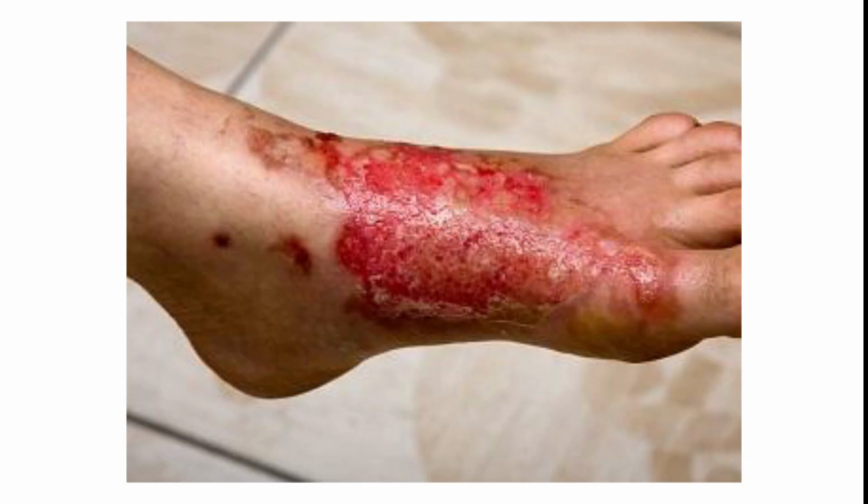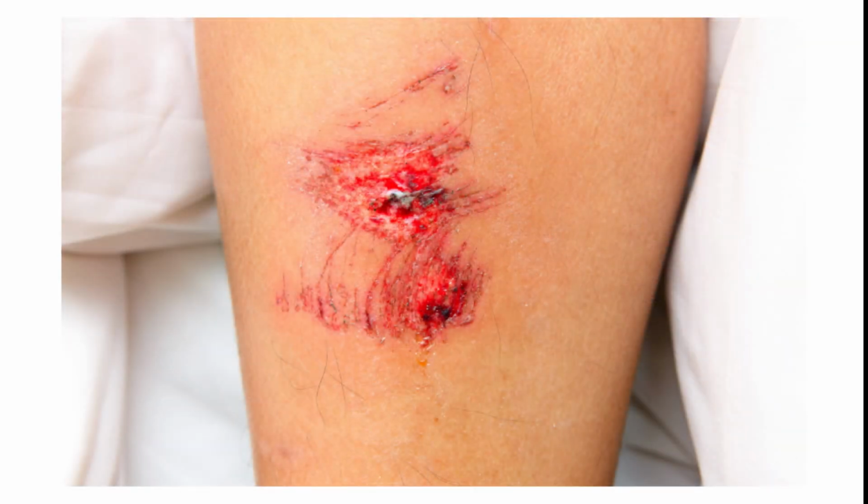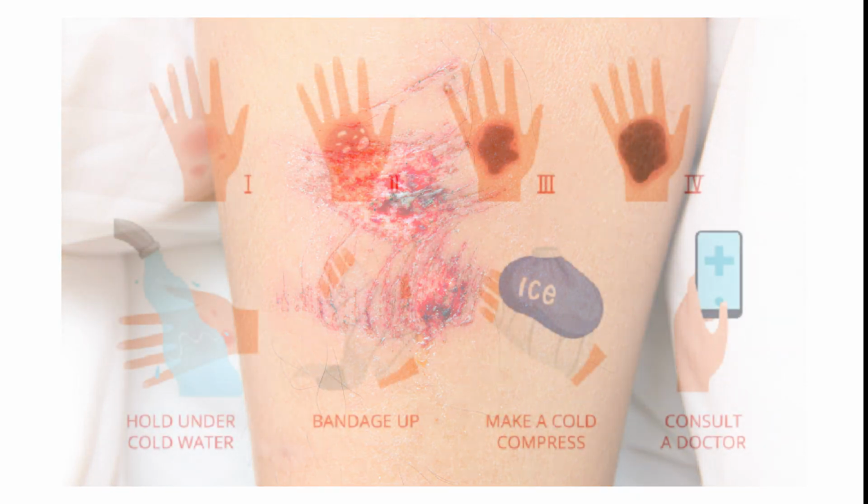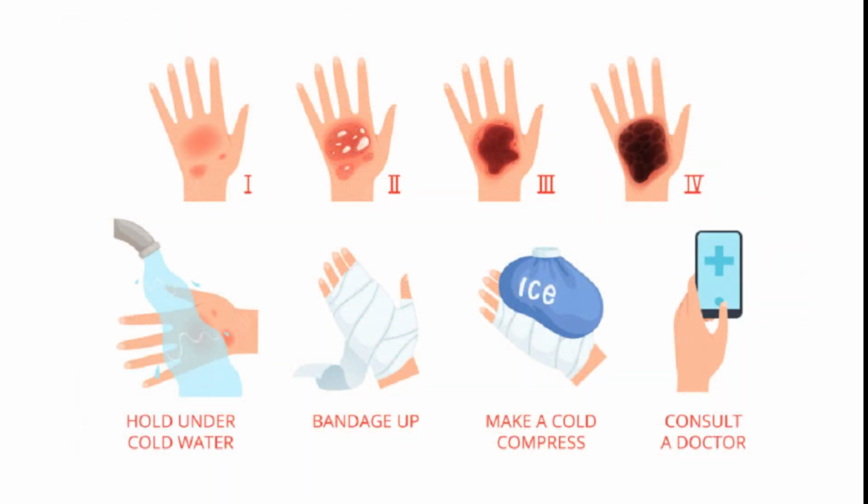Number 9. Blood exposure in emergencies or wounds. HIV can enter the body through direct contact with infected blood, particularly in emergencies, trauma, or unsafe medical care. Cuts, open wounds, or contaminated instruments present a risk if exposure occurs. So, immediate cleansing, post-exposure prophylaxis, and medical intervention are critical to prevent infection.